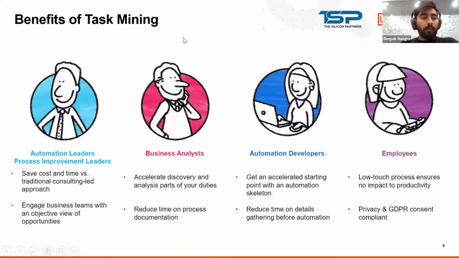Monica will tell us about that. Okay, so there are various benefits of task mining, and it helps various people within an organization. First, being automation leaders, as it helps them to identify and prioritize processes based on the automation that is needed in their organization. It also maximizes their return on investment, and it also helps them identify the areas where we can further optimize our processes.